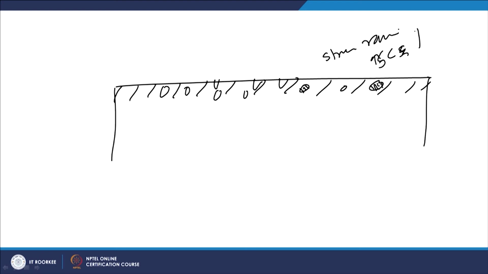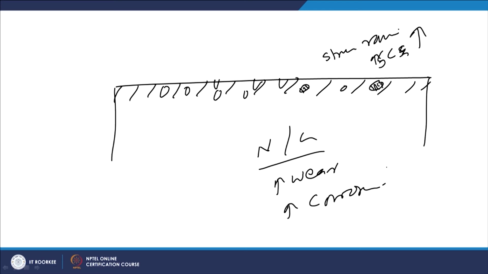Increasing stress concentration will simply lead to easy nucleation and growth of cracks, increased wear and increased corrosion tendency of the material. So, in that case it may be unfit, unsuitable for those applications. So, all the modified surfaces should be assessed